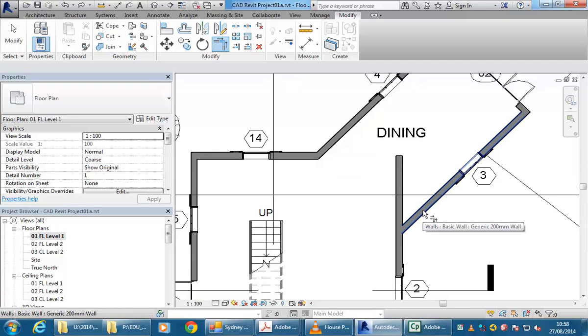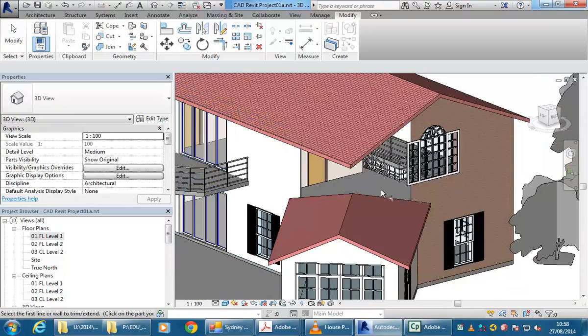The diagonal wall you can choose anywhere because it's not really changing. But then the vertical wall, I've got to choose it down towards the bottom, not the top part that I want taken away. And you'll see it'll give you a little preview. That dashed line that comes up over the wall shows you the part that it'll keep. Yeah, exactly. But now, if we look at that in 3D, you'll see that the wall is missing